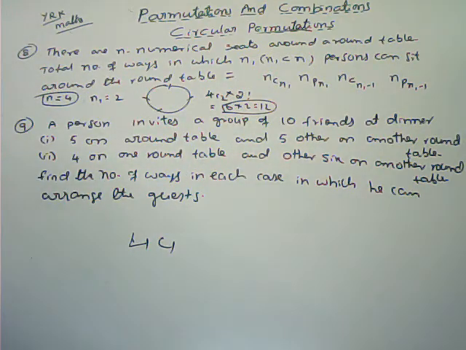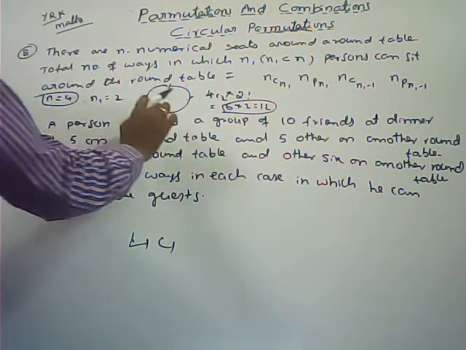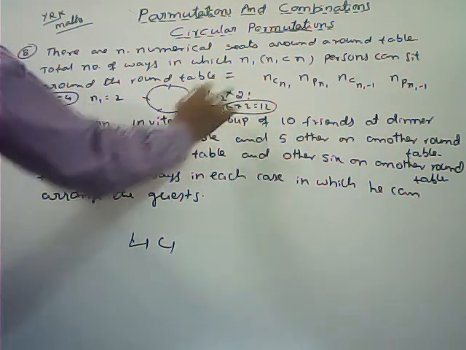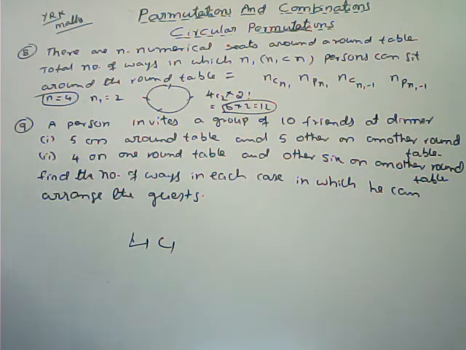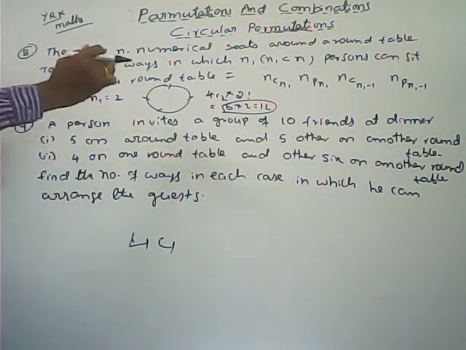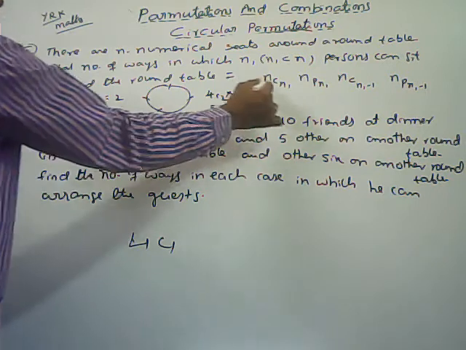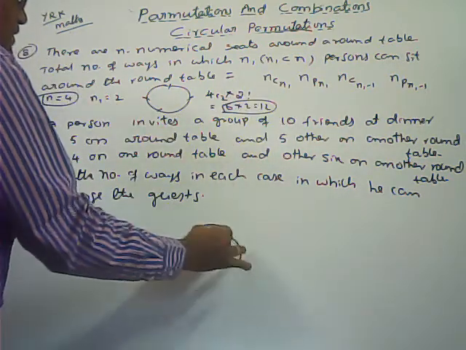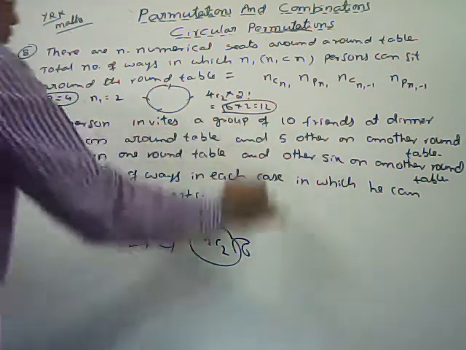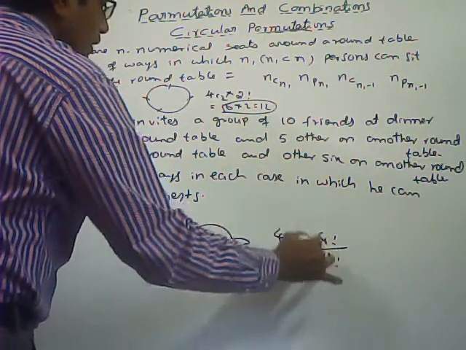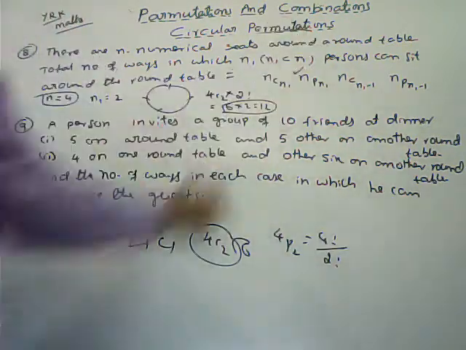But here only 2 persons are there, but 4 seats are there. The number of ways selecting 2 seats, that is a selection, that is nCr. I selected 2 seats. The number of ways selecting 2 seats is 4C2. In those 2 seats, I can arrange these 2 persons in 2 factorial ways. So total 12. The same values you can substitute in the options and check; wherever you get 12, that is the correct option only. 4C2, that is 6 only, but here 12 is given. N value 4, P2, 4 factorial by 4 minus 2, 2 factorial, 24 by 2, 12. So here we are getting the answer.